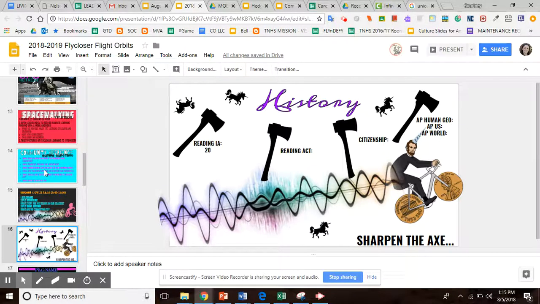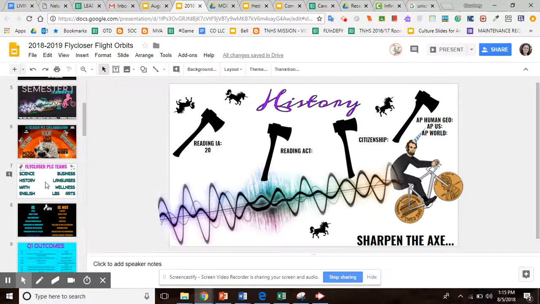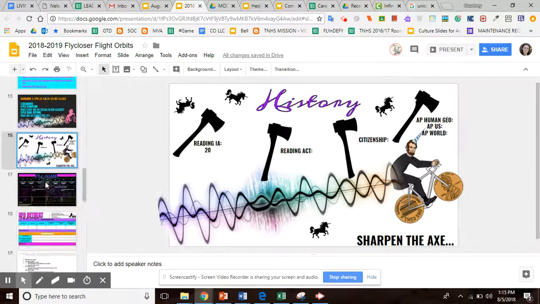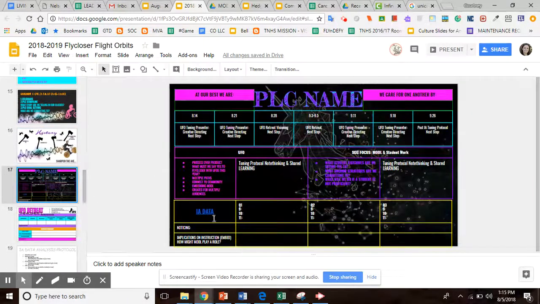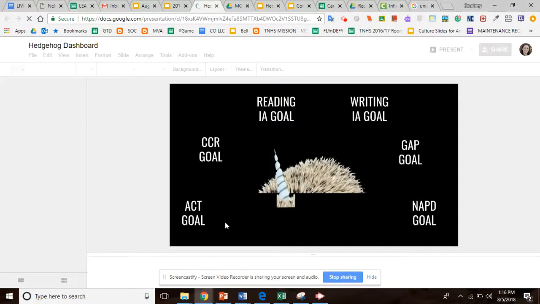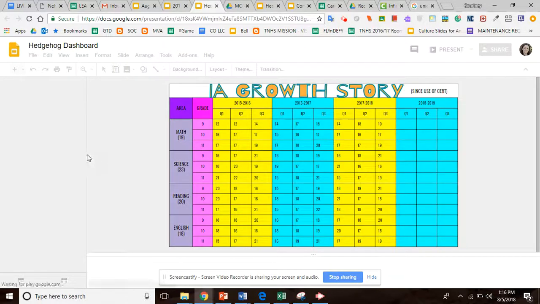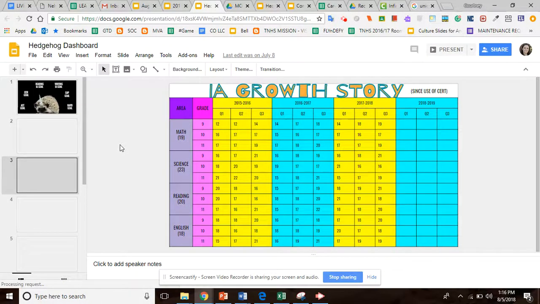If you want some baseline data, scroll down to the PLC MDC and click on IA data. That will take you to a presentation called the Hedgehog Dashboard, where you will see historical data for ACT and for IAs. You can use that as a basis when you're setting your goals with your PLC.